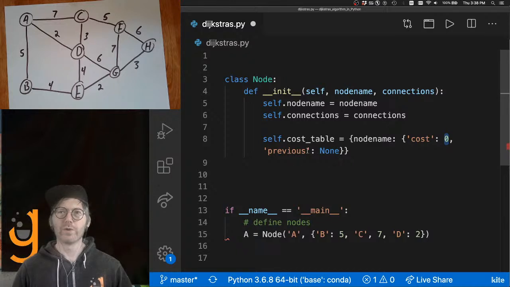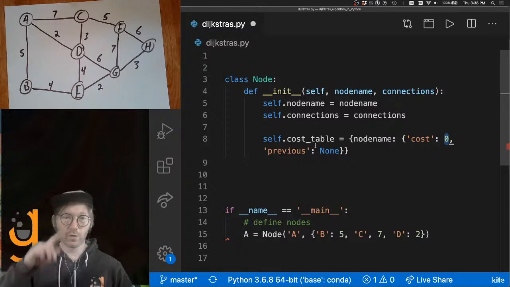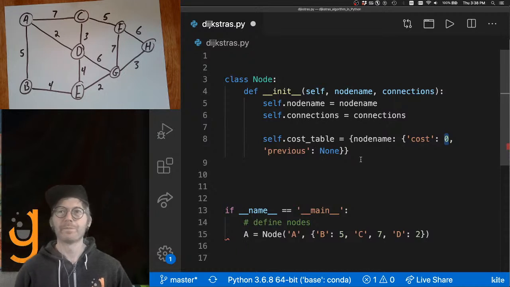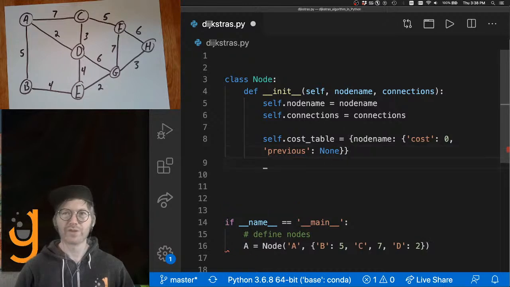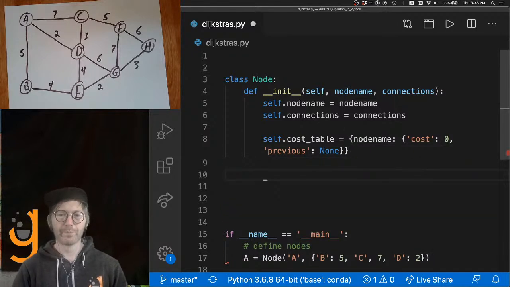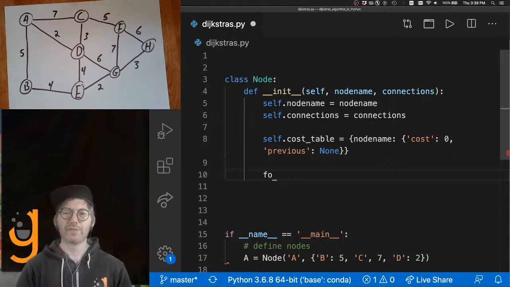We're not worried about the cost to go from a node to itself. So we're going to go ahead and do that. And then we're going to also initialize this cost table with a couple more values, and those are going to be from the connections. So I'm going to say for node name, I'm going to use this variable a lot, and just consider what it's referring to. So for each node name and cost in